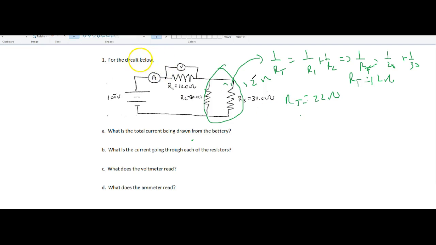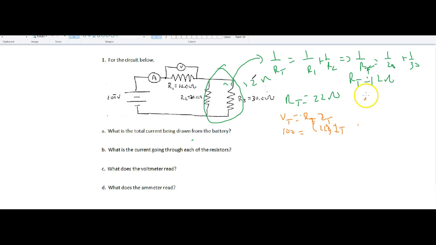So now that I have 22 ohms of total resistance, I can figure out how much current's coming out of the battery. How do I do that? I go voltage total equals current total times resistance total, right? V equals IR. So we're going to treat this as one big 22 ohm resistor to get back to the battery. So I can go, I lose 100 volts going through a total resistance of 22. What is my total current? Okay, so 100 divided by 22, and I get